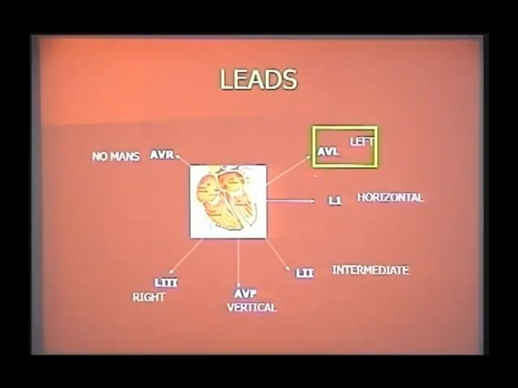Right? So this is what happens. In a left sided lead, my axis is coming towards the left side. AVL shows the tallest positive QRS complex and the impulse is coming towards my left side, going away from my right side. So I look at AVL to calculate the axis: it is left axis. Look at L3 to confirm it is left axis, because the QRS is negative in L3. So the 3 leads you have seen to diagnose normal axis. L3 you look at to diagnose right axis. AVL to diagnose left axis.